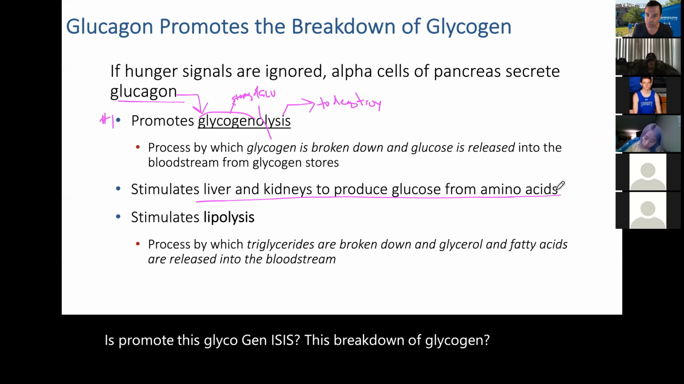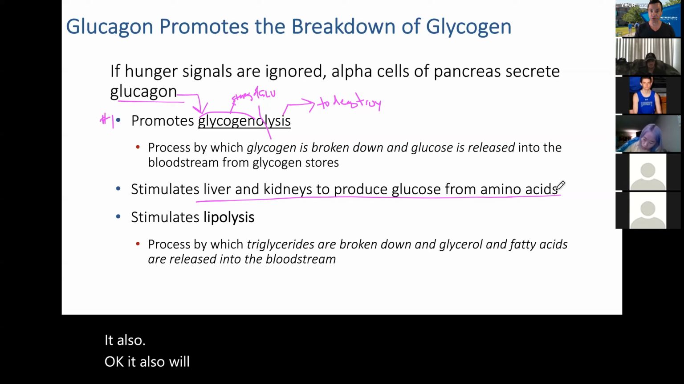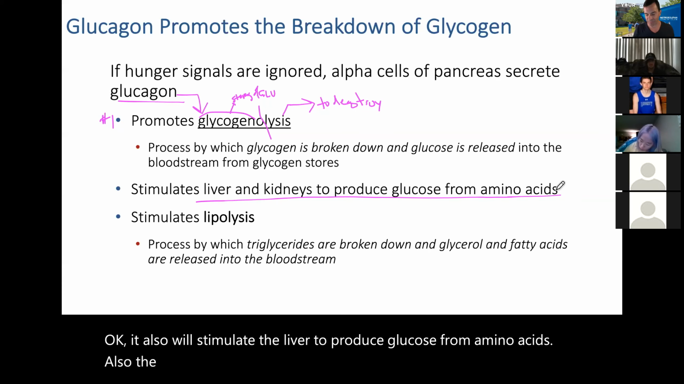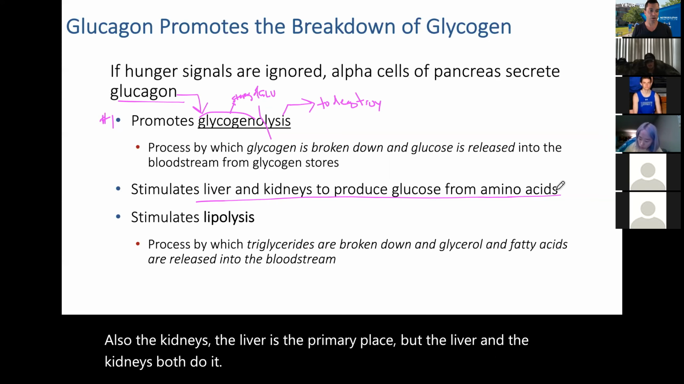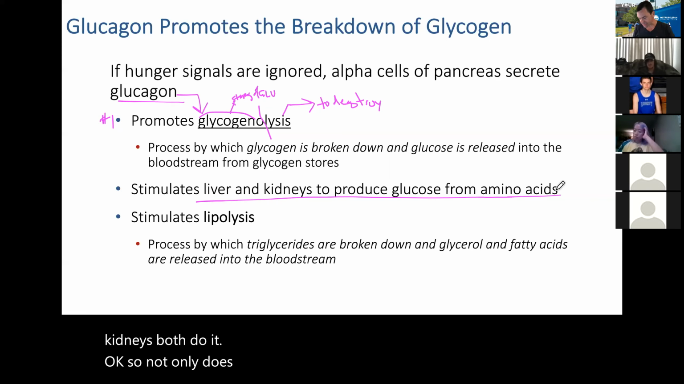It also will stimulate the liver to produce glucose from amino acids. Also the kidneys. The liver is the primary place, but the liver and the kidneys both do it. Okay? So not only does glucagon stimulate the breakdown of glycogen, but what happens if you don't have your stores